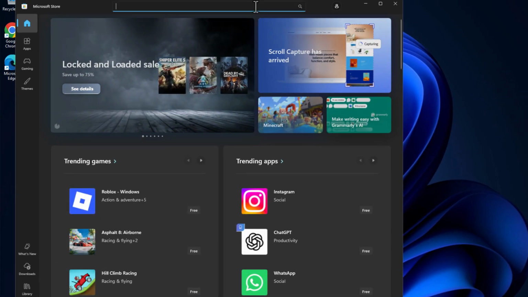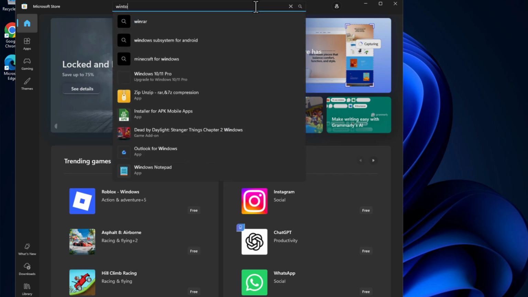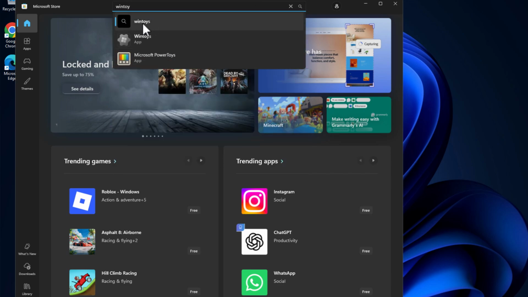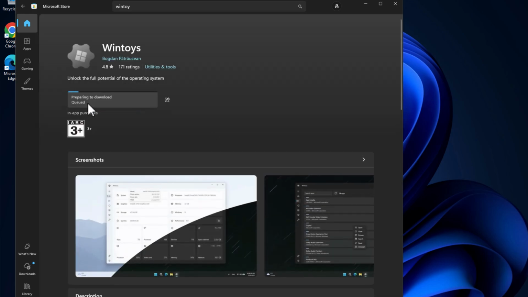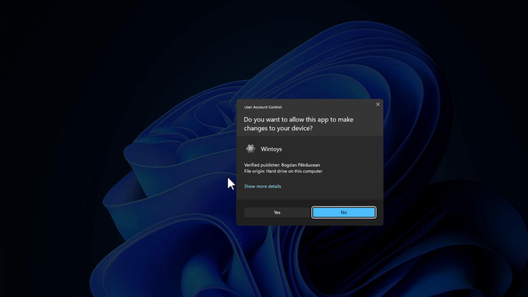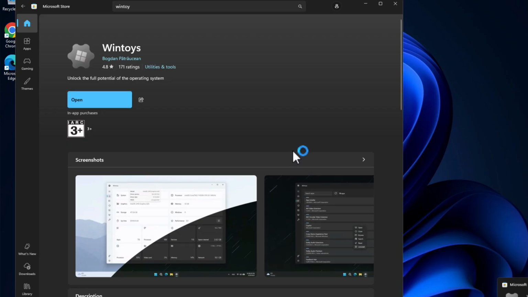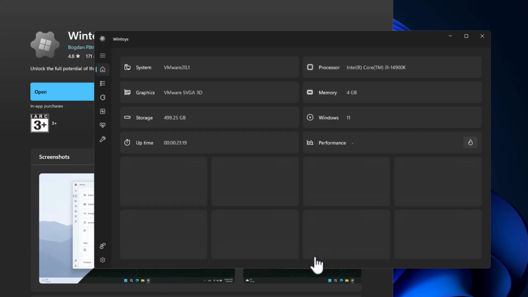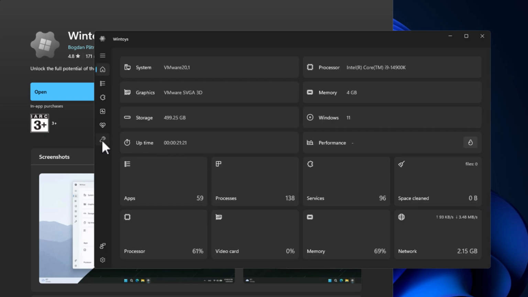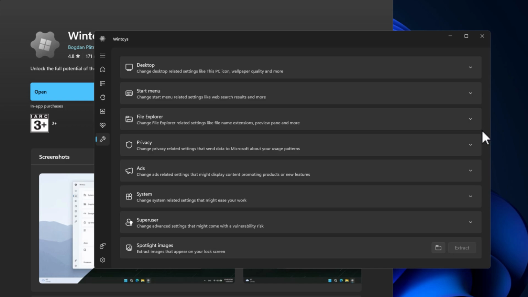In search, type WinToys. Click on the WinToys app. Select the get option. Select the open option once the install is done. Select the take control of your system option and select this banner icon and